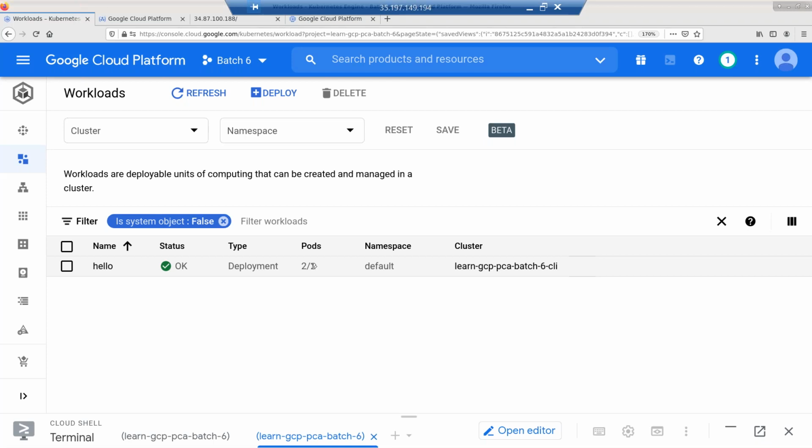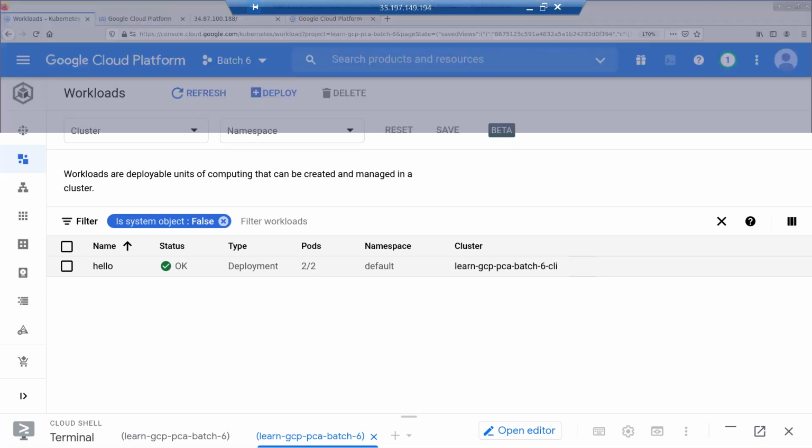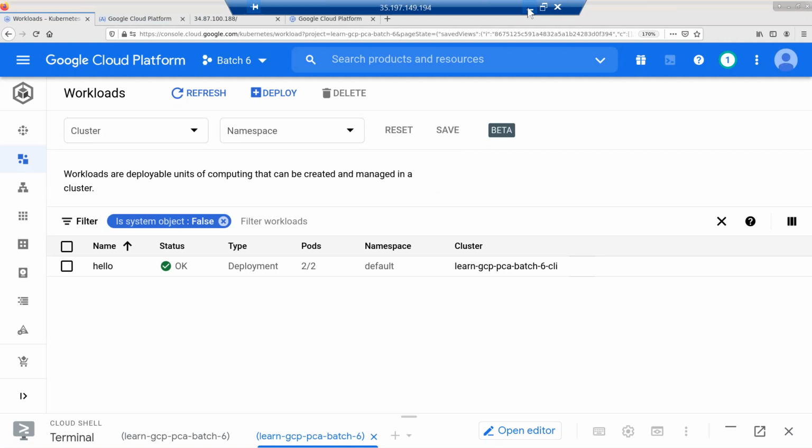I manually scaled it. I had an issue, then I had to manually scale my nodes, and only then was I able to fulfill it. But is there any better way? Is there any better way? Yes, there is a better way. So the option which we are going to use is